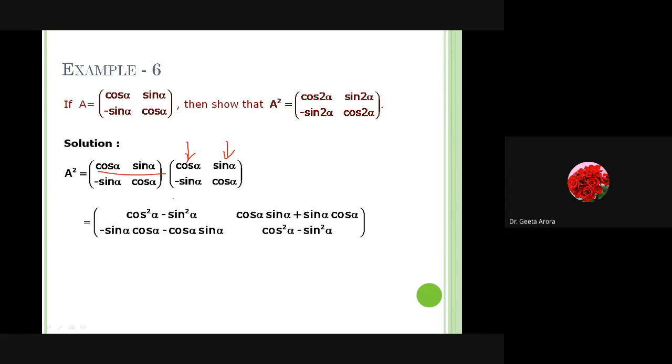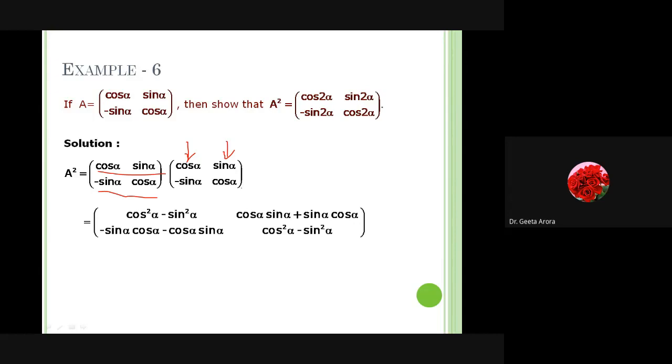We are always adding the values. Similarly, for the second row elements, we have to go for the second row, multiplied with the first column and an expression to be written, and then multiplied with the second column and then an expression to be written. So if we see what we are getting, obviously if we know the formulas, that this is actually the formula